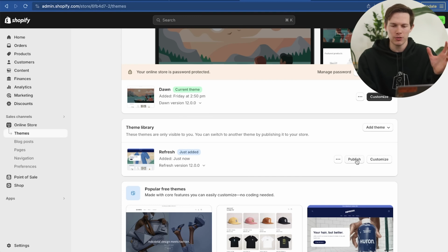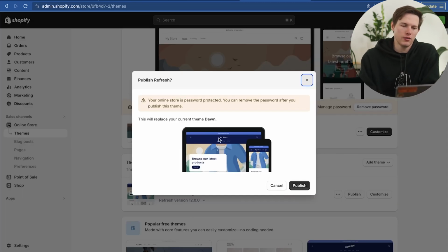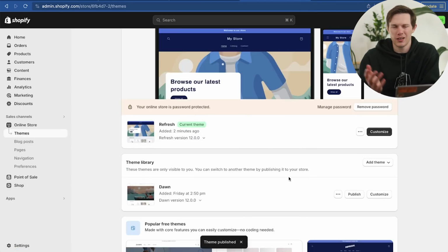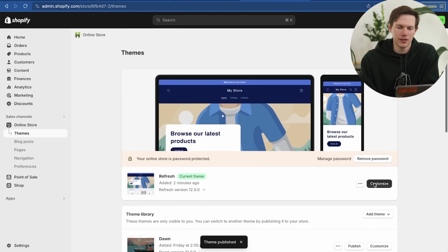So I'm just gonna click on publish down here, click on publish. That'll say that it's currently password protected. Yes, it's gonna replace Dawn. We'll say publish, and that'll swap out those two. Just like I said, pretty easy to change your whole website just by changing out and publishing the latest theme